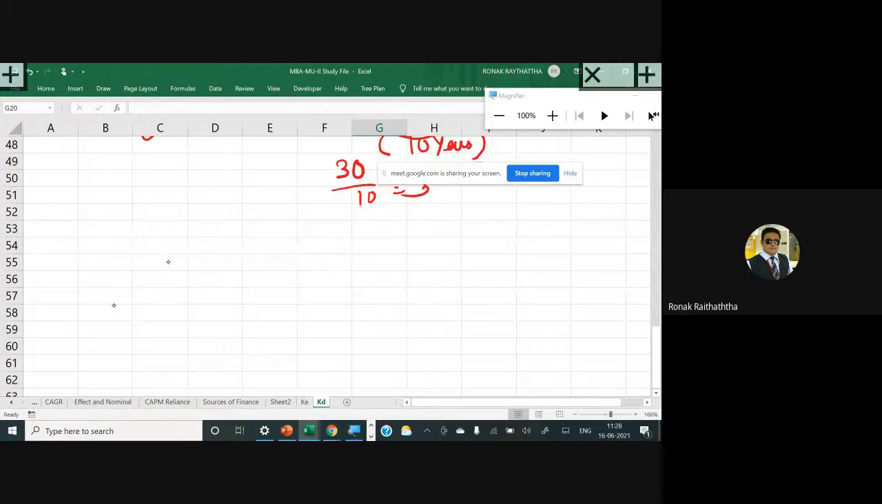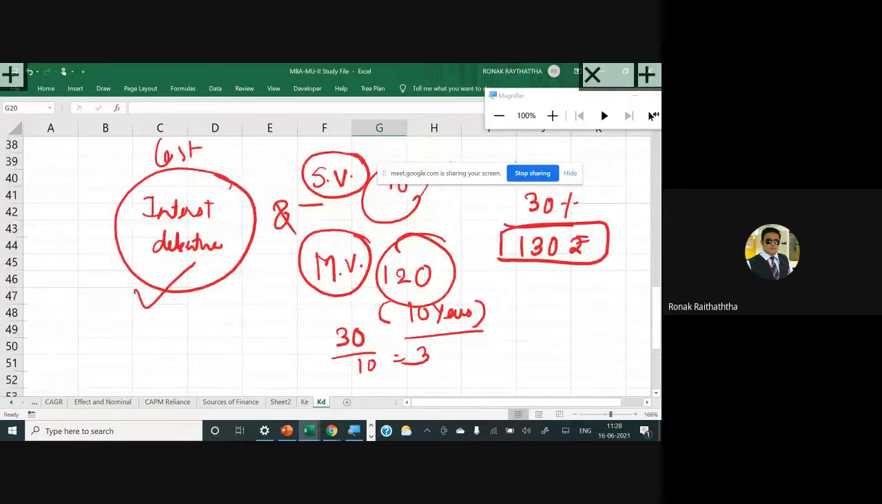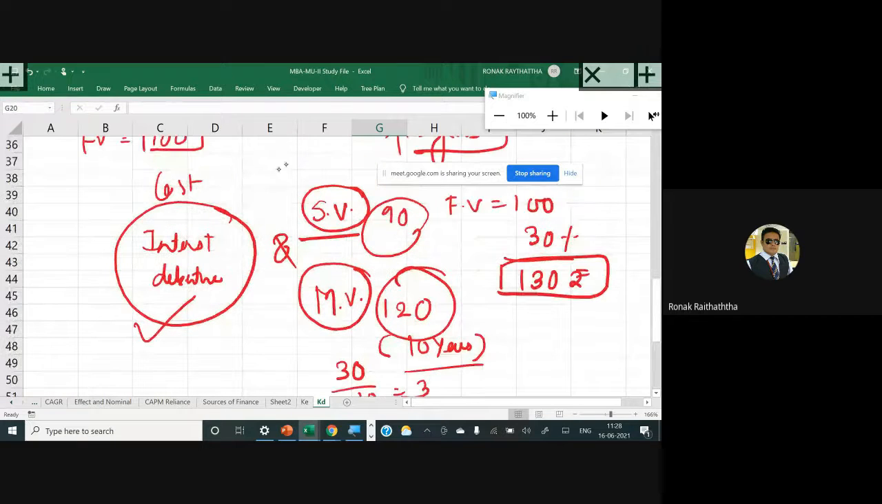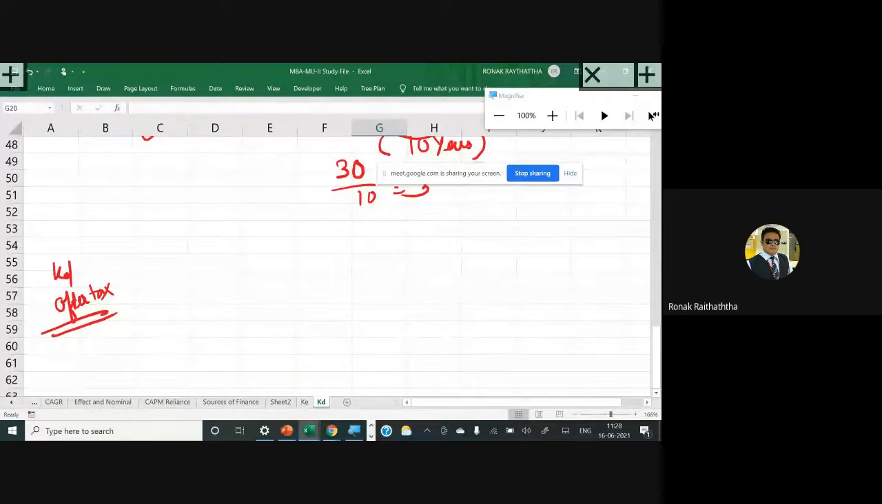Now first I am taking the KD after tax. Please put it in the back of your minds. SV stands for the sell value. I am going to clarify this in some time. Please write the formula. First of all, KD after tax I am writing equal to I in bracket 1 minus tax rate, because it is after tax, plus